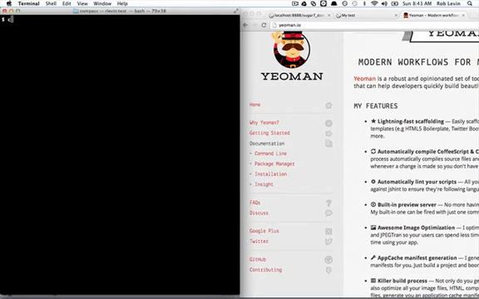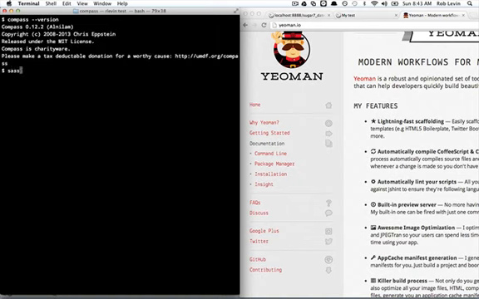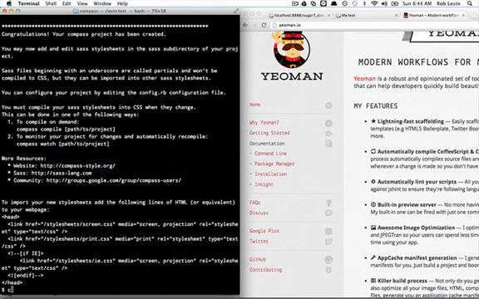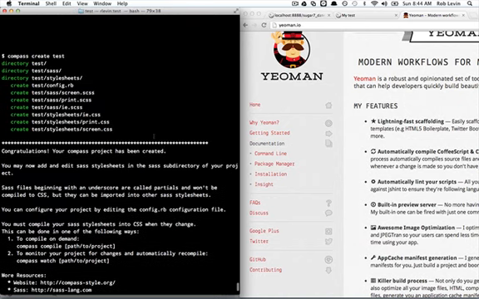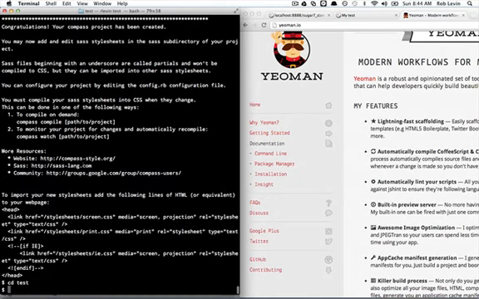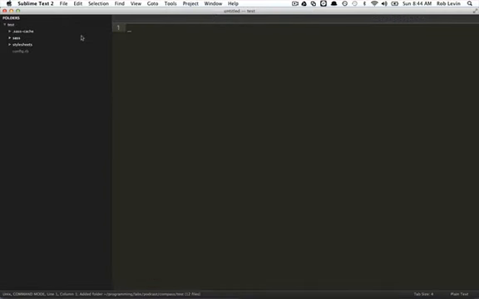So if you've installed Yeoman, you actually have Compass and Sass installed because Yeoman verifies that before it lets you have a successful install. So sure enough, yes, we have Sass and Compass installed. Let's generate a new Compass project with compass create test and cd into test. So now if we look at what happened, we generated a bunch of files here, and we got some directions. We'll ignore those for now. But let's open this up in our text editor